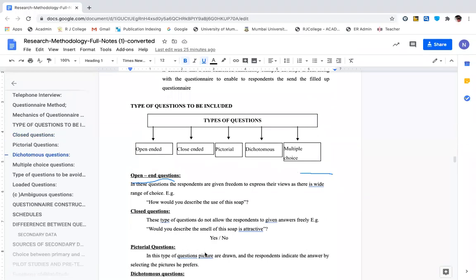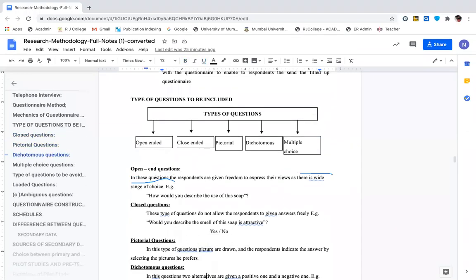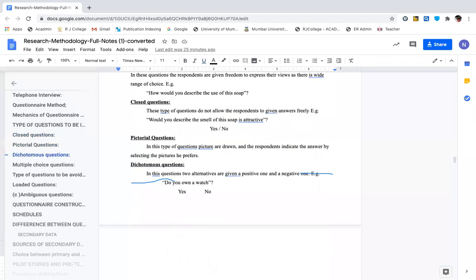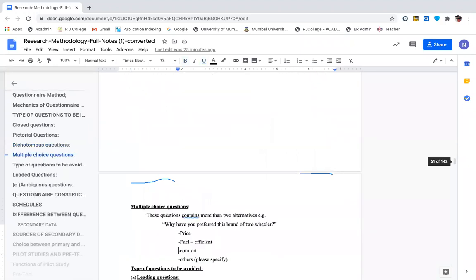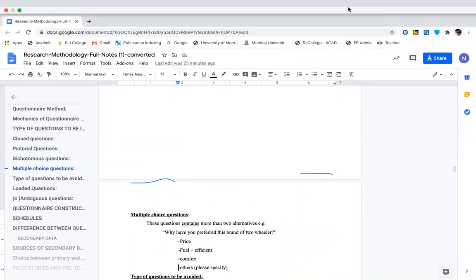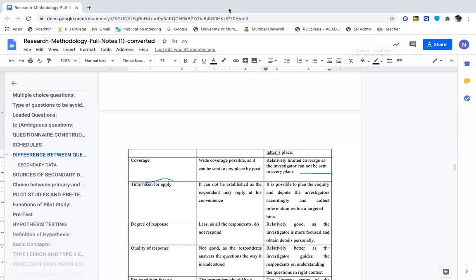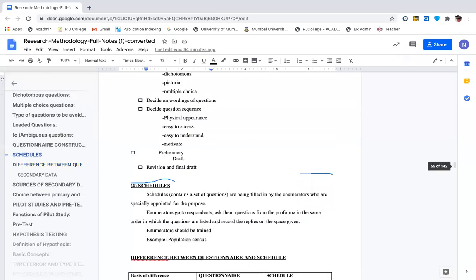And if it is dichotomous questions like yes, no, agree, disagree, right? These are preferable because it's easier for a respondent to answer. So when I say